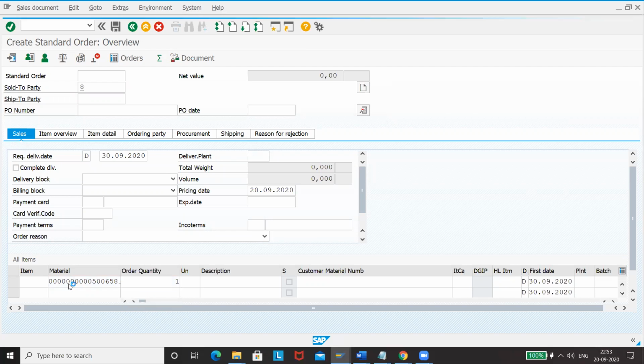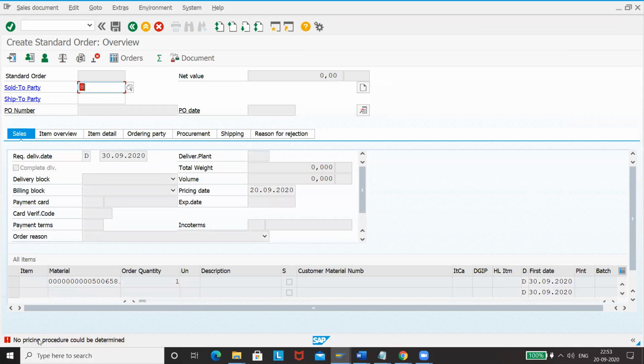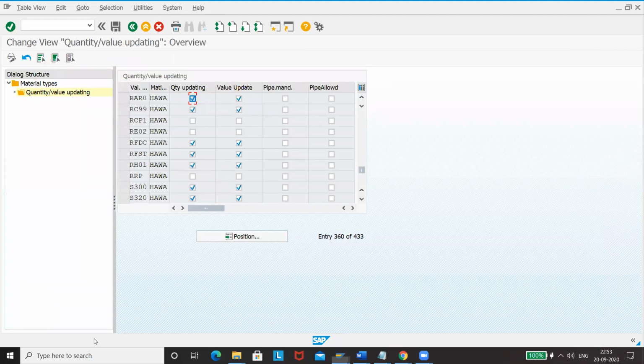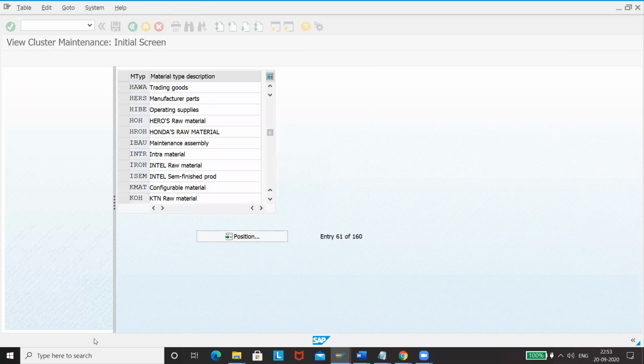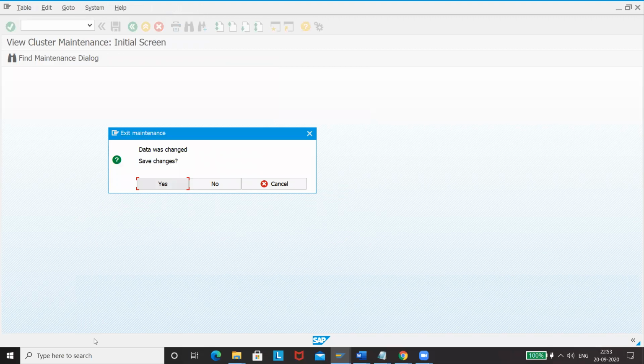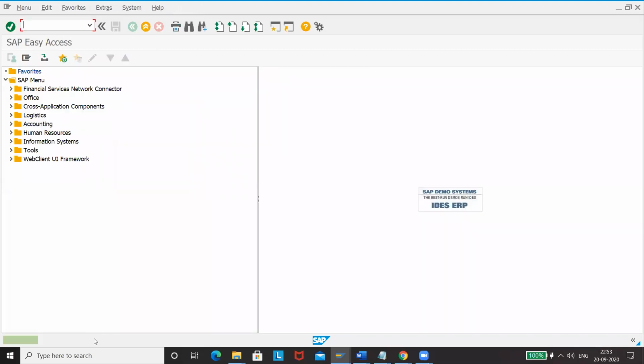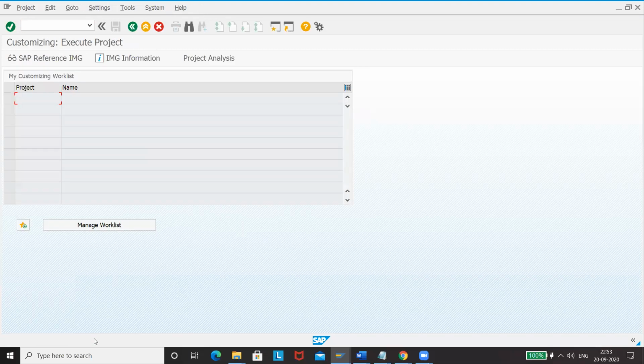Here a pricing procedure error should come. Ideally, we'll see. Yeah, pricing procedure means we haven't maintained any pricing procedure. So whenever we come across this, we have to maintain those settings. In order to do that, we have to go to SPRO.